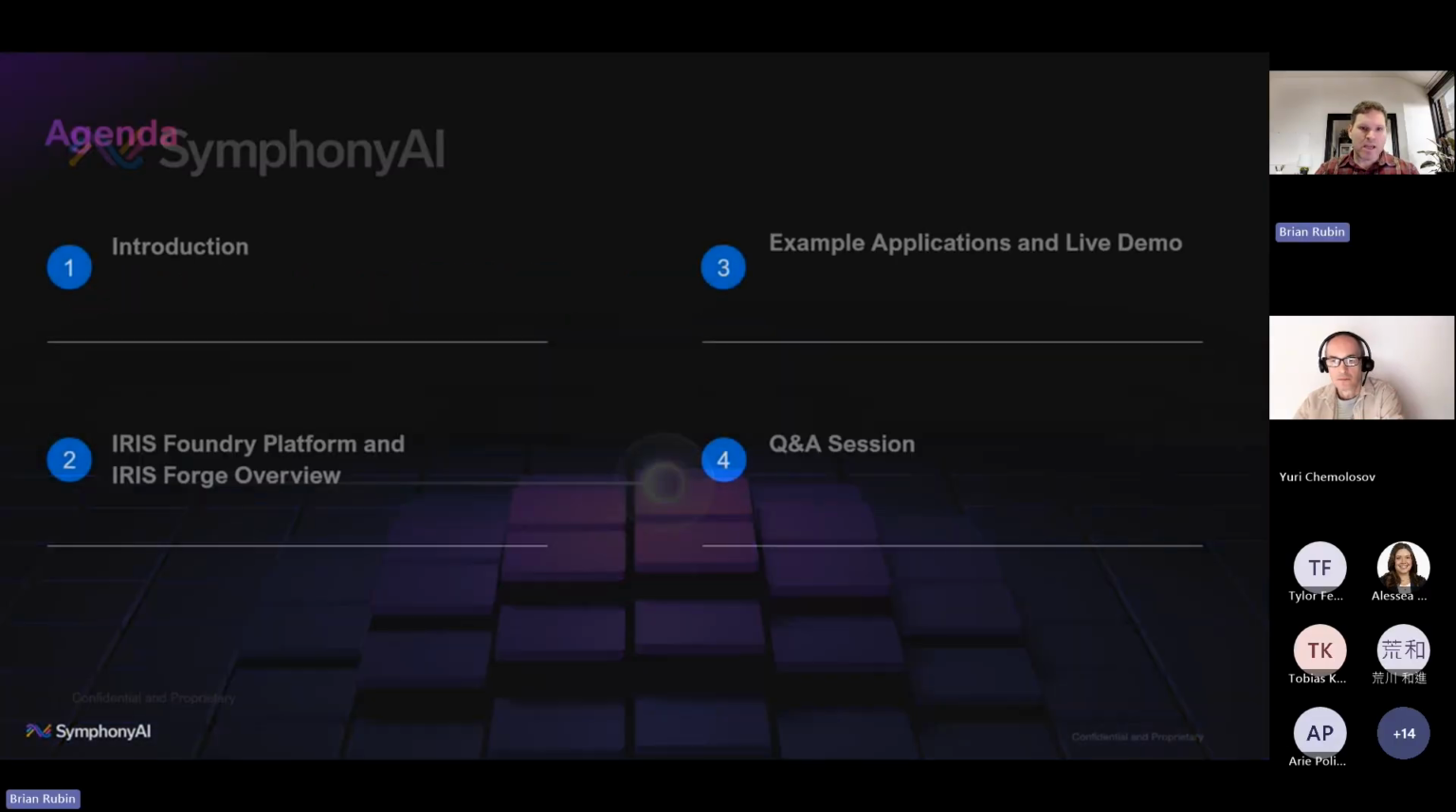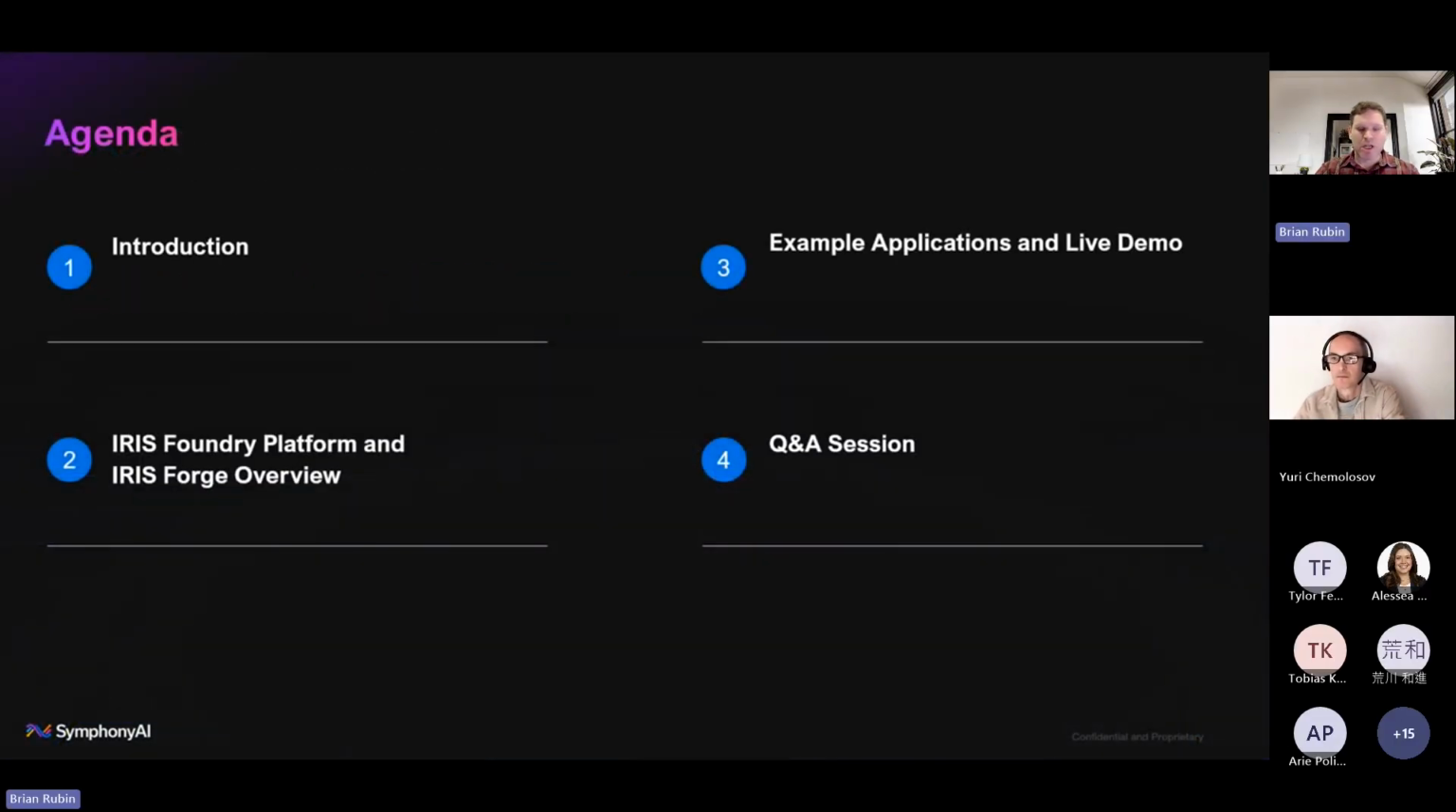The agenda for today is going to be a quick introduction of who we are, what's Iris Foundry, etc. Then we will go on to explain the Iris Foundry very high level. This is not an Iris Foundry TED Talk, but we do want to make sure that you understand what Iris Foundry is all about, or else it might not make sense to you once we go into the Iris Forge. Then we'll have an Iris Forge overview, high level, and also some more granular